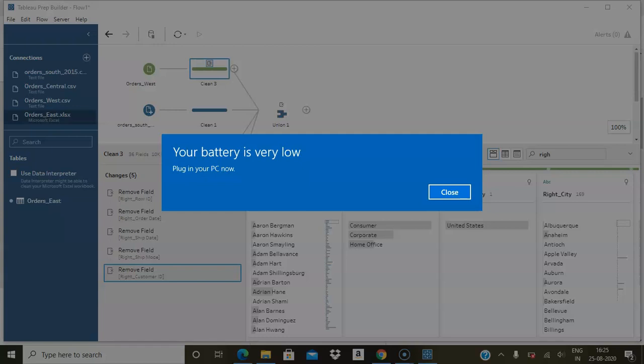Now all those fields which have right underscore have been removed from the west file. Now let's go back to Union.